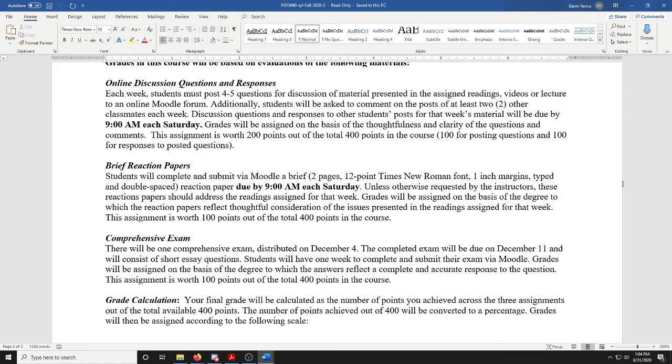You get full credit if you present 4 to 5 questions that make it clear to us that you are thinking about the material, you are struggling with the material, and then you'll get credit if you provide responses to at least 2 other students' questions. I mean, we're not trying to be tricky, it is what it is. It's up to you to submit the questions and to submit your responses. But again, you will get full credit if you do it on time and there's some indication that you're working through the material, you're thinking about it. Okay? Anything else you want to add there, Gavin?